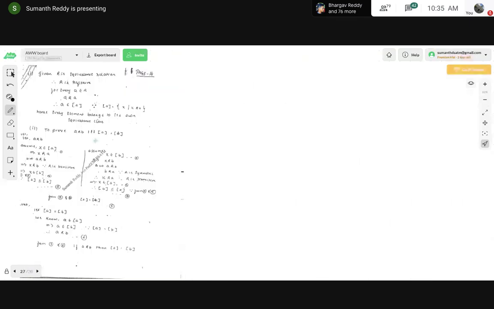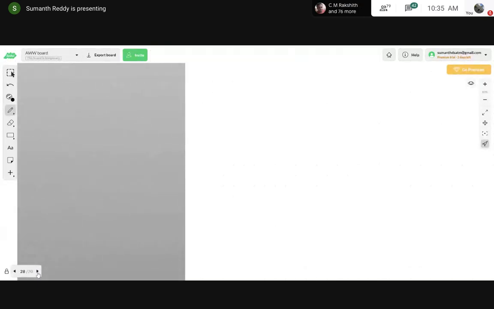I have written this theorem in such a way that you can understand it clearly. You just go through this. If you have any doubts in this, you can ask me, because this theorem is very important. With this, the topic of equivalence relations will be concluded. In the next class, I'll start with the partial order.